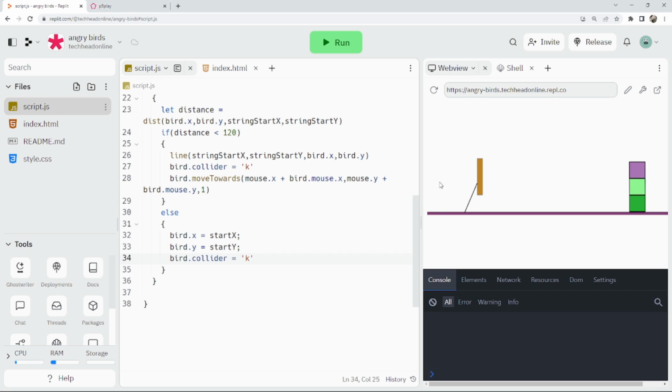Now you see the string is following. If I go too far, you see it's just bringing me back to the start again. Okay, like that. So that's worked. Okay, now the very last thing I want to do